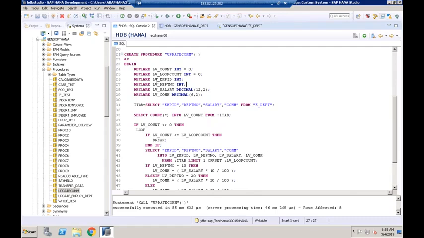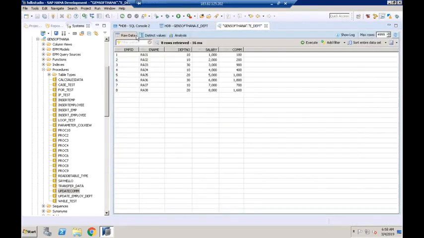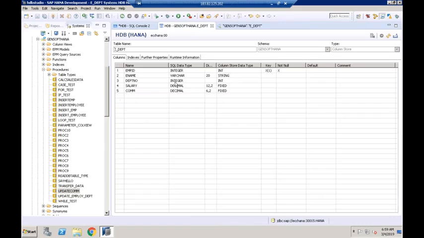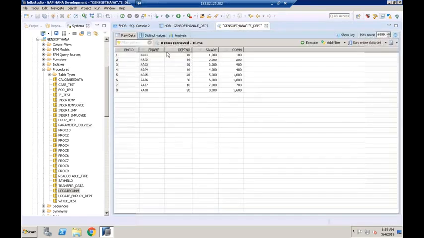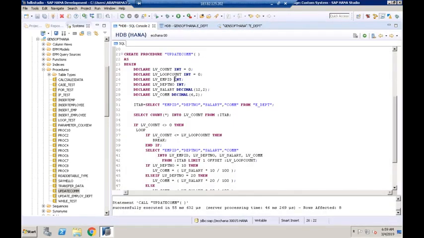Percentage type declaration means here I declared this variable as integer. Why did I declare this as integer? Because in my table also this employee ID is integer. What is the problem with this approach? As of now, it is working, but in future, if the table field data type is modified, again I have to make the corresponding changes in my procedure also. So instead of hard coding the data type,